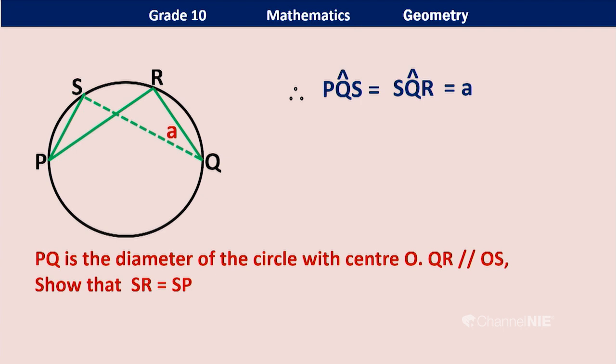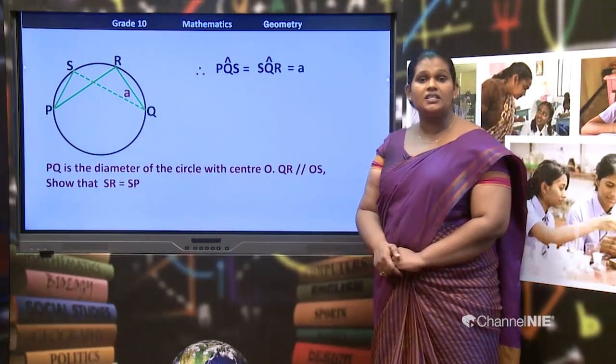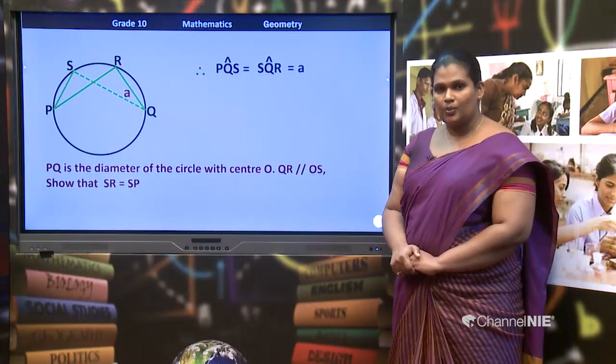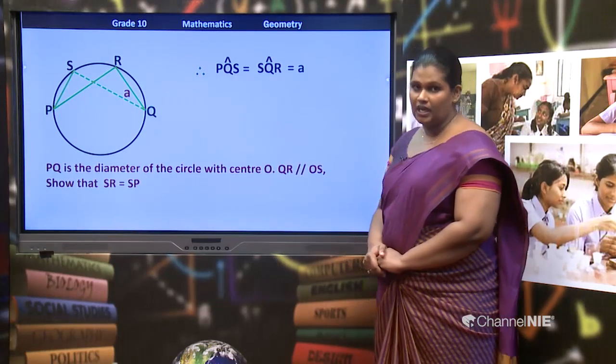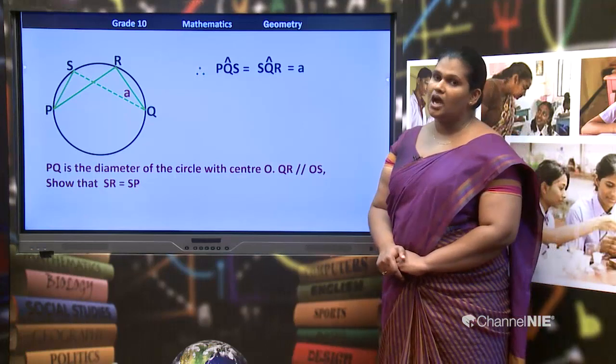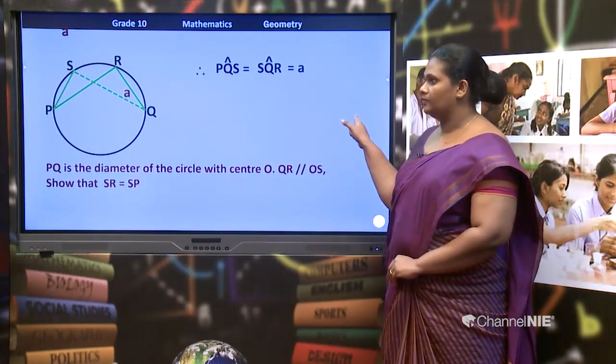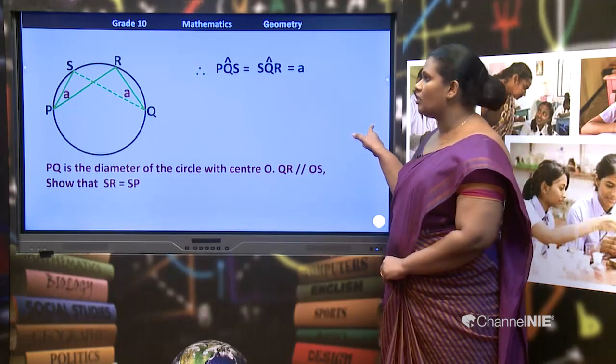Right. Now, I will get a part of the figure once again to make it easier. Now, I can see angle SQR and angle SPR should be the same in magnitude. The reason is both the angles are in the same segment. Previously, we have learned that the angles in the same segment are equal in magnitude. Therefore, if angle SQR is equal to A, we have to mention angle SPR also as A. Right. So, we will write it in our proof,